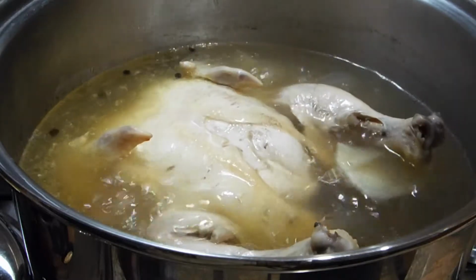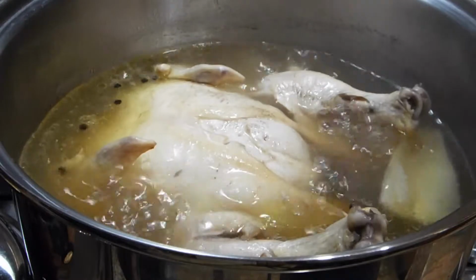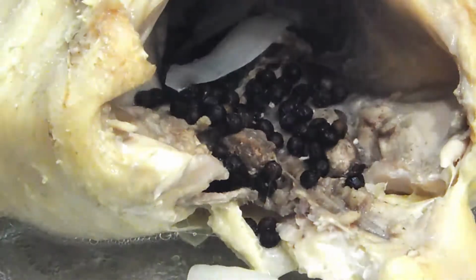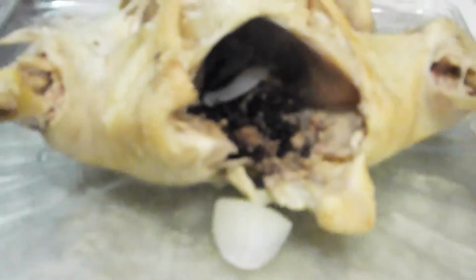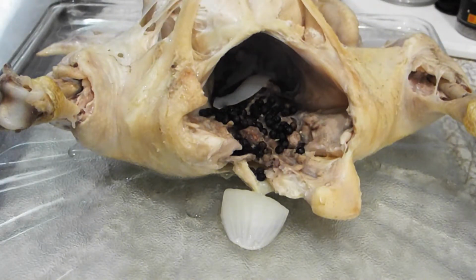Now what we're going to do is we're going to take it out of the water and continue to boil it down, because we want to save that chicken stock, because some of it is going to go in the chicken pie. Remember when I said you have to make sure you get the peppercorns out? They tend to migrate down inside the body. And you don't want to crunch down on one of those things in the pie. They just love to work their way inside, but then they release their oils into the chicken, and that will,